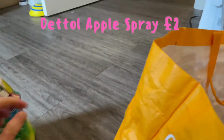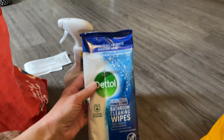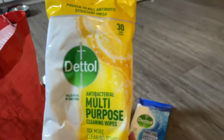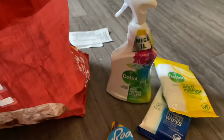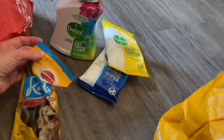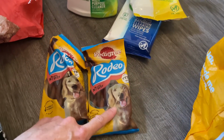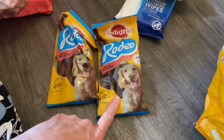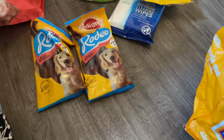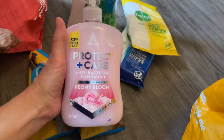She got one of those. One of those. And one lemon. I got some of these rodeo dog chews for Lola. They are £1 as well in Asda and Tesco, but in Sainsbury's they're about £1.70, so I may as well get them from Poundland. I spotted this, we needed some hand wash, and it's a really big bottle of it,